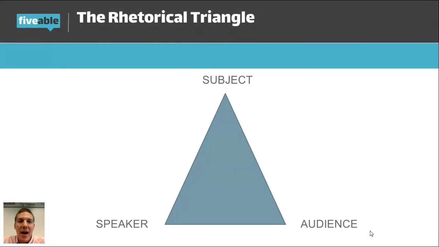Before I even read, as I'm about to read, I have to think about the rhetorical triangle. What's the subject? The top context will generally give you a clue of what the subject is. It'll tell you who the speaker is for sure. And then you've got to use some inference to say, okay, who is the primary targeted audience? And then I think of the relationships between the three. I'm not going to explain it a lot because we've talked about it throughout the year. But always keep this triangle in mind. What are the relationships between speaker and subject, speaker and audience, and audience and subject?